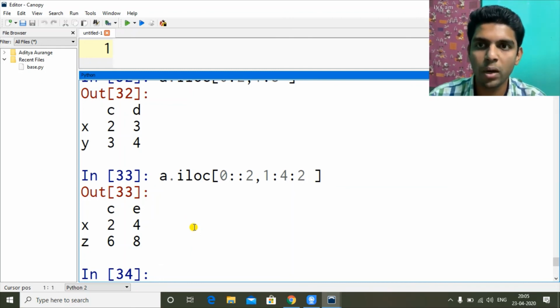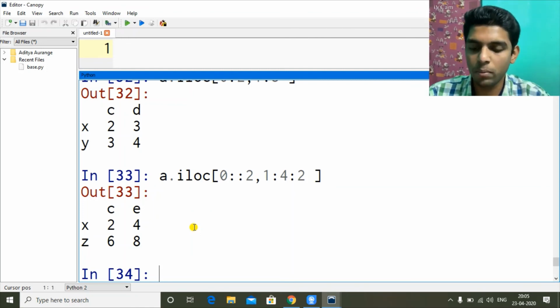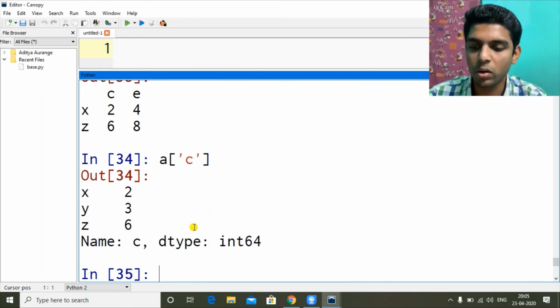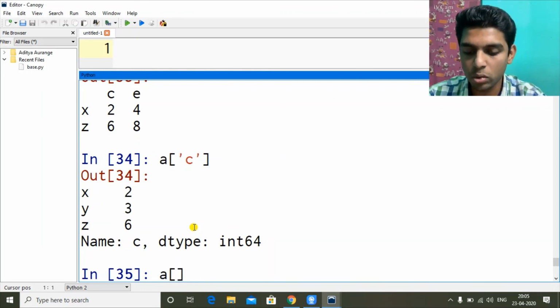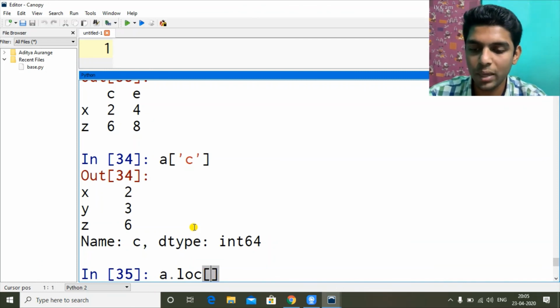So I hope you understood all this: ILOC, LOC, and normal square brackets. So here we give, let's say, C. So we got that C column. That way we can access rows, columns, each value. So exact value, how can we access? Let's say I want the first value. So let's do LOC. We can use that.